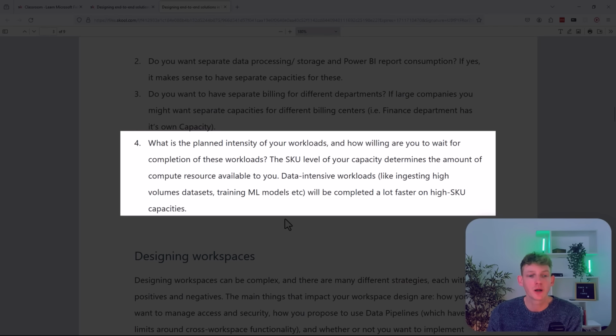And obviously these capacities can have different SKUs, different levels of resources assigned to them, and therefore different costs associated with them. Now the next one is, what is the planned intensity of your workloads? And are you willing to wait for the completion of certain workloads? So the SKU level of your capacity determines the amount of compute resource that's available to you. So data intensive workloads like ingesting a high volume of data, or training machine learning models